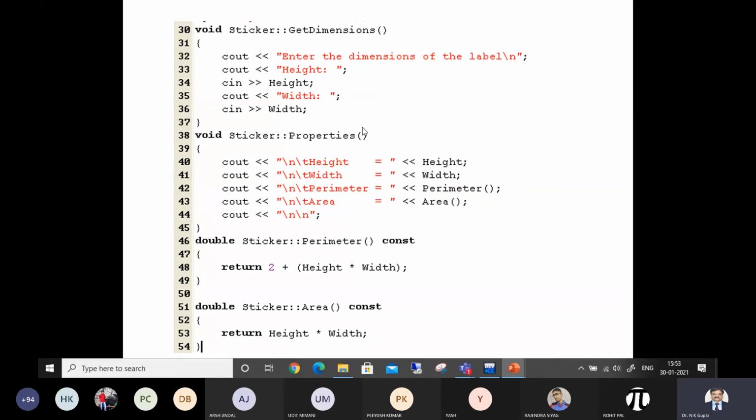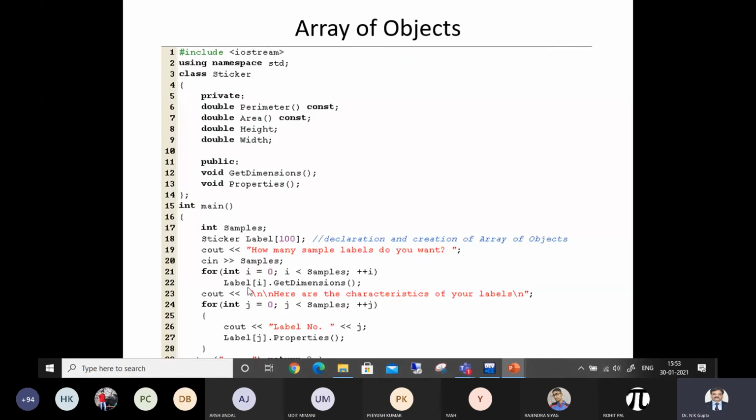Now what's there in this definition? Height and width of that sticker. You know what I was trying to do: against each object, I want to mention what should be the height and width of it. So for each label, it is going to get from here. If I want it for 5, it is going to ask me 5 times and store these dimensions for each label. They may be the same or they may be different, whatever dimension of each sticker you supply, for each object.